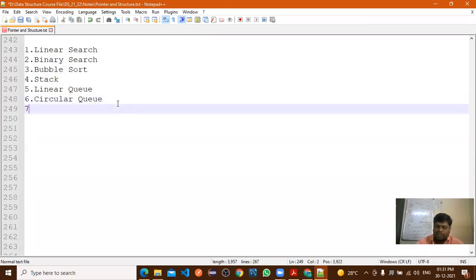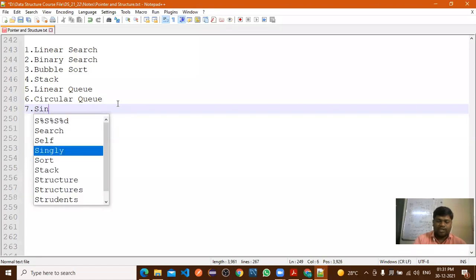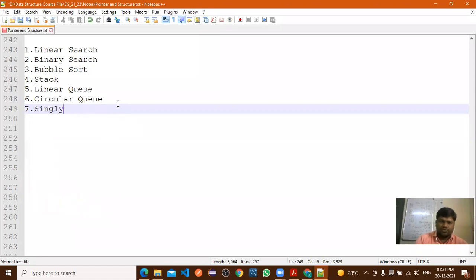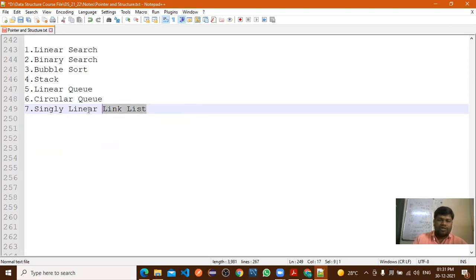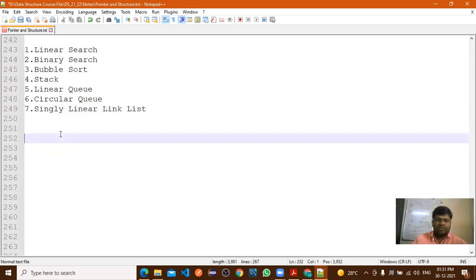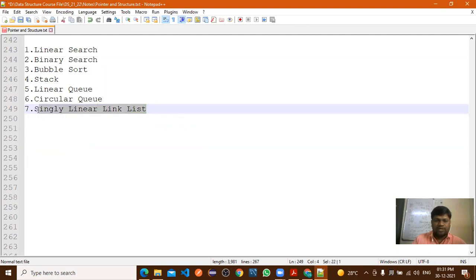Now next, we're supposed to complete the singly linear linked list. But the theoretical part is not completed. So first we'll complete the theoretical part, and after that we'll go through the implementation part.